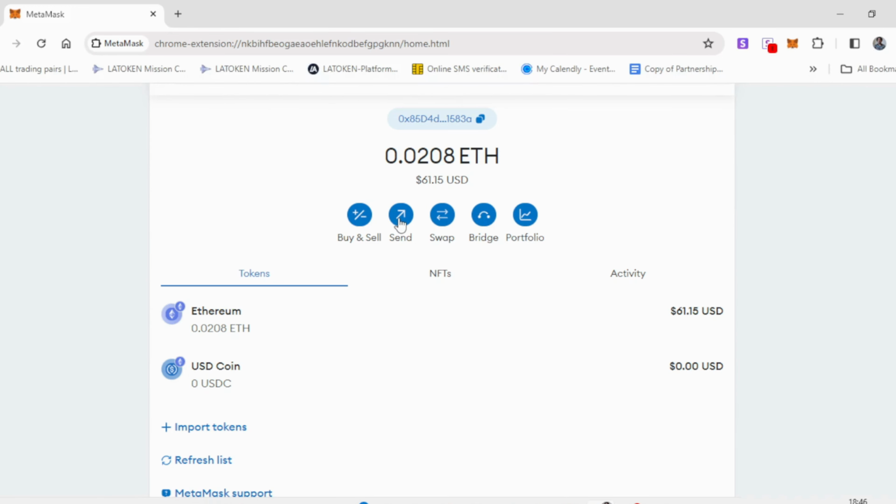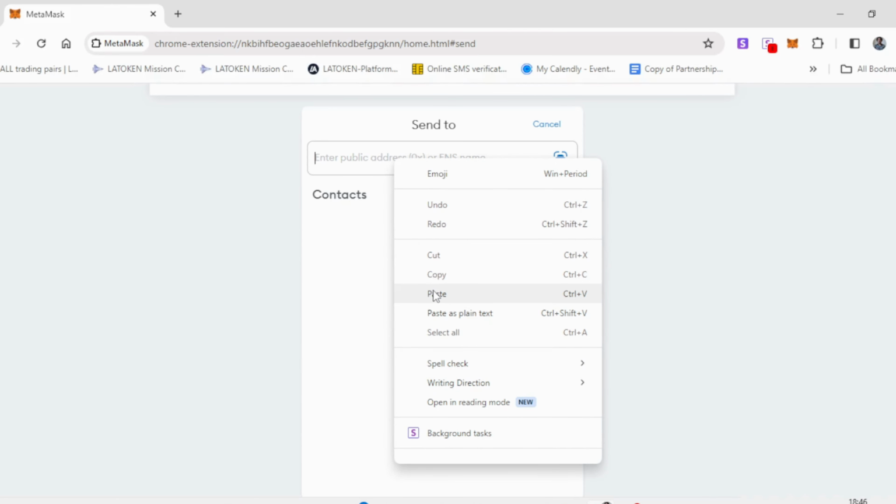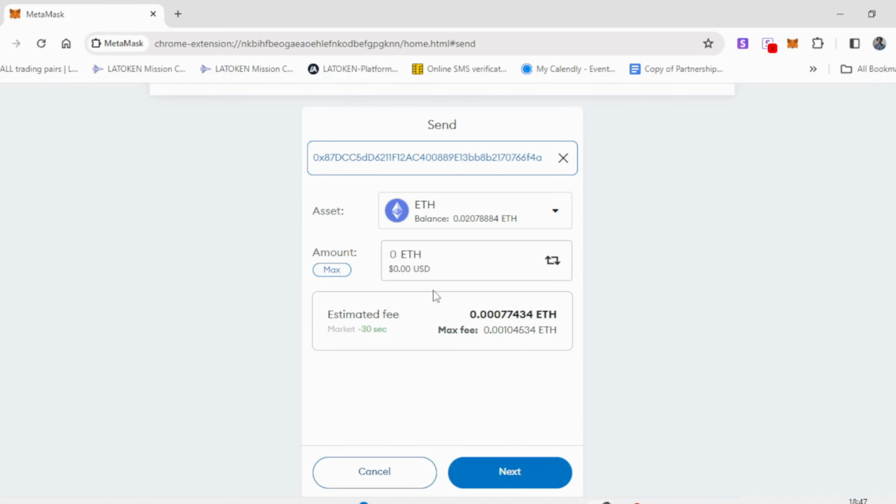So simply click send, and we'll input the public address that we just copied, and now choose how much you want to send. You can input it here. So here's our balance, so we can send up to 0.0207888884 ETH. If you click here, it should automatically put in the maximum that you can send, and that will